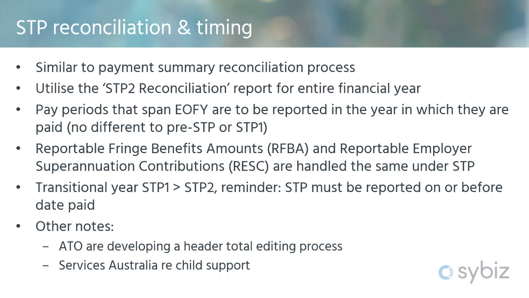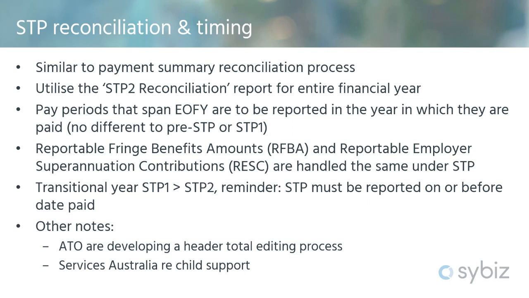So the way we approached that transition was essentially by getting people to configure their pay items for STP2 early on. That just allows that continuity of reporting. So there should be no difference in terms of your reporting had you been on STP2 the entire year. Just a little bit of a recap on that as well. Even though we were ready for 1st of July last year, we'd passed all the tests, we'd got approval from the ATO, they asked us to hold back until November. We had always wanted to have a clean financial year for STP2, and that deferral that they imposed upon us,